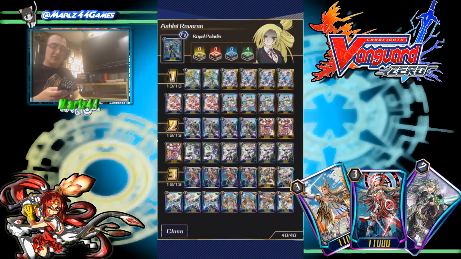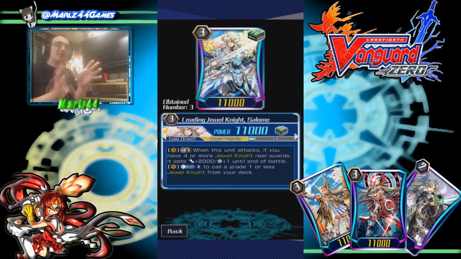Now for our heal triggers. Honestly, it depends. I run 4 Salome because I feel like if you don't get Ashlei Reverse, it's better to go into her. You could just say screw it and run 4 Julia. You could run a mixture of 2 and 2. You can kind of choose between. But I prefer the 4 Salome because I just prefer having the backup